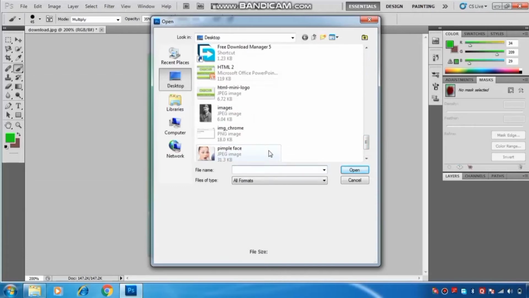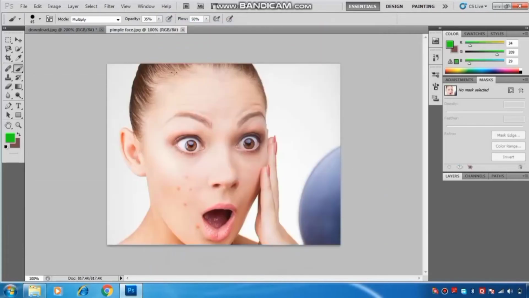Suppose I take this image for the practical work. Here you have seen a number of spots on the girl's face. Now to remove or heal that, we have to use the healing brush tool. First we click on the healing brush tool and select it from the tools panel.